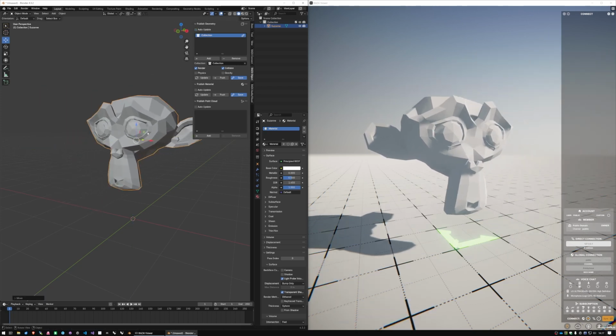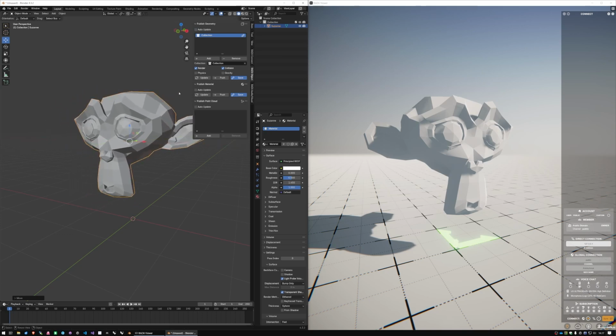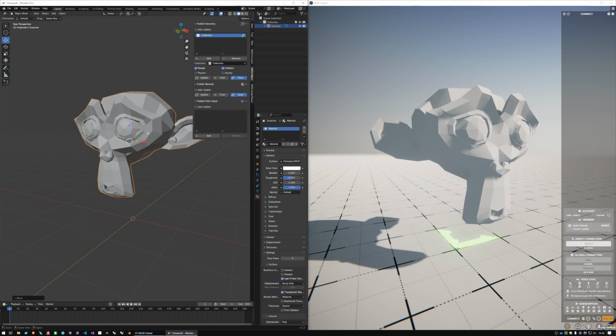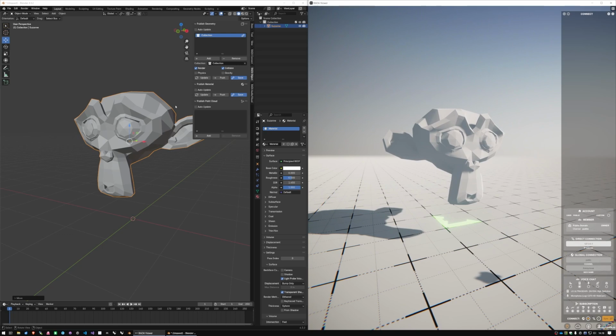If I don't and I move stuff around, they are not auto-updated, but if I hit update, they are updated again. And this is because, let's say you have a really large model, you maybe don't want to listen for updates at every change that you do, and also if it's a heavy model, it can take some time for the update to run. So therefore you would have it off and do your changes and then update.